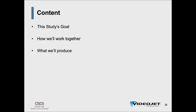So what we're proposing here is a study, or bringing together a group of companies that would like to go through this process together. And I'll show you some timelines and some things that occur typically in this process of going from a non-serialized environment to a serialized environment, and then sharing that data with trading partners,